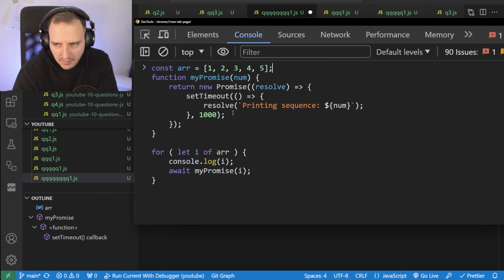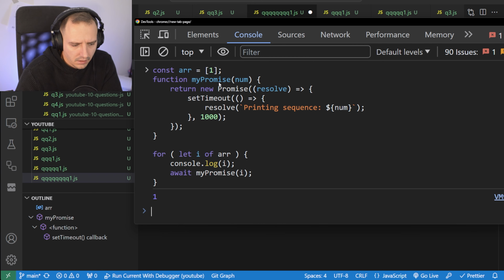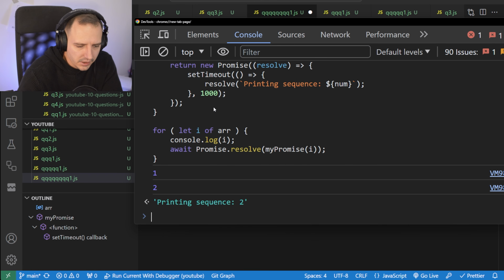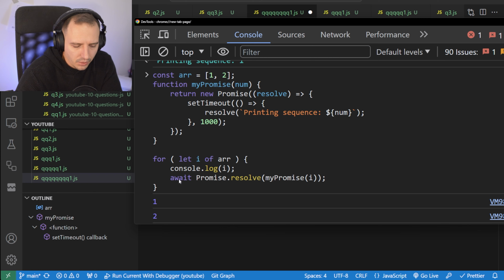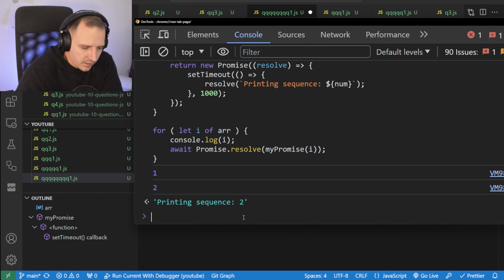I have another thing in my mind, but I'm just trying to figure out what's wrong here. What's the problem here? Because of the resolve, we await. So if I had an array with just 1, right? It's await, but still only getting the last one. So even though we await, we don't get the print, for some reason. Only the last one from the await. I'm not very good with promises, but it's something like that.